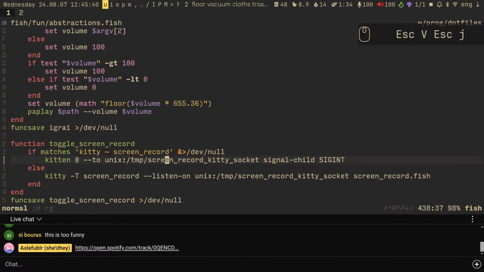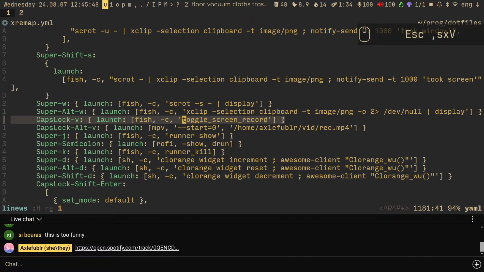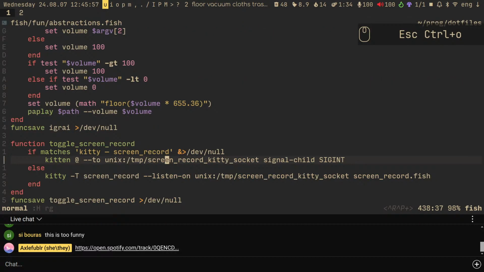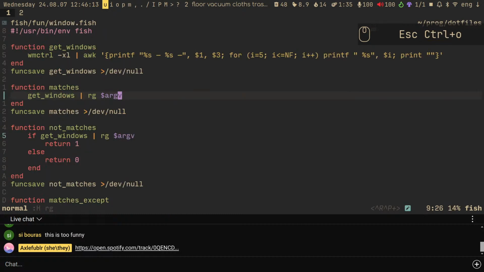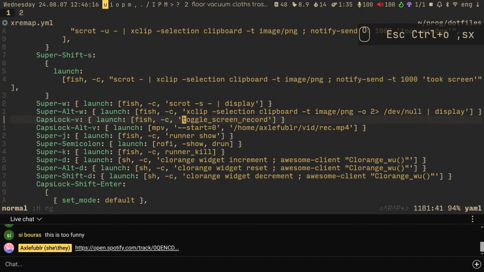Meaning that if it matches, then the window exists, and we should send Control-C into it. And all of that is bound to a hotkey, making it a toggle. You don't have to go through the trouble of matches and rejects and get windows and VM control if you can just be okay with two different hotkeys. Then you just bind one hotkey to the one that creates and another hotkey to the one that closes. That can also work. But I fucked around and am quite happy that I can just toggle recording at any